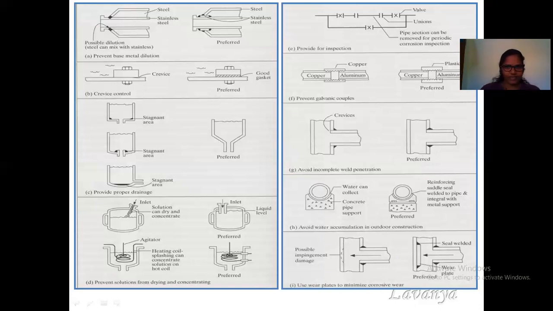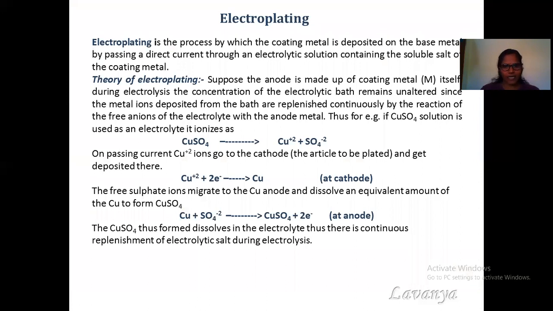And another technique: I discussed cathodic protection and other techniques in another video. Just please refer to it. In this video, I'm going to focus on electroplating and electroless plating. Electroplating is a method where we protect a base metal by using some other metal. For this process, we use an electrolytic solution and the anode metal which we want to coat on the base metal, and using current.